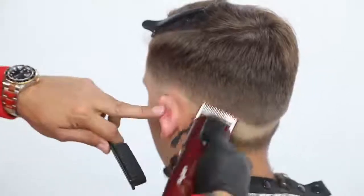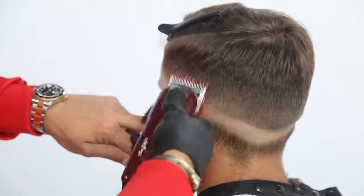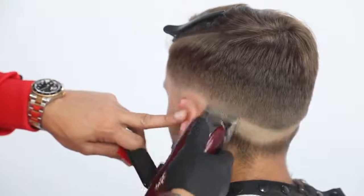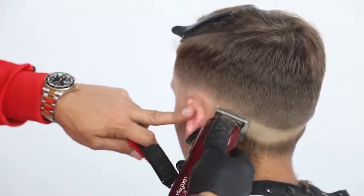So I like to work it through panels. So I start off with one panel and make sure that that panel is nice and clean. It's blended all the way out. And that basically sets my guideline so I can continue to work my way all the way around the head shape. With that open blade, working a lot more with that toe of the clipper,